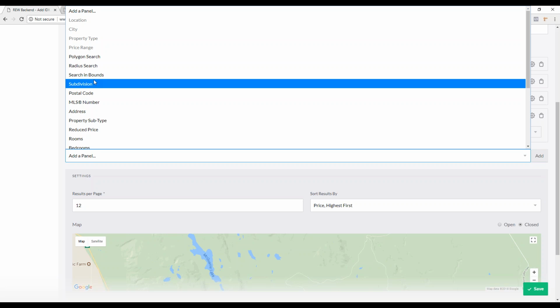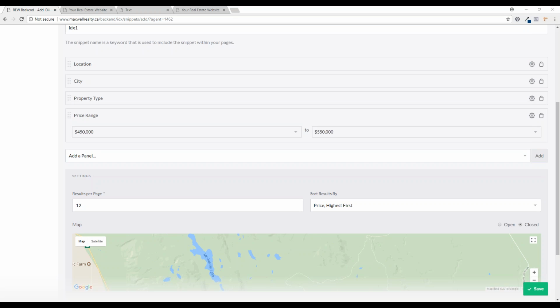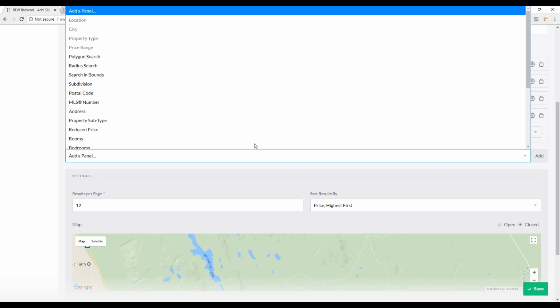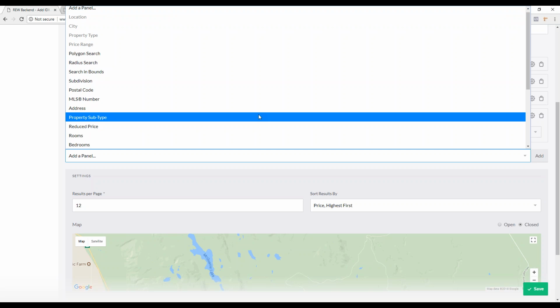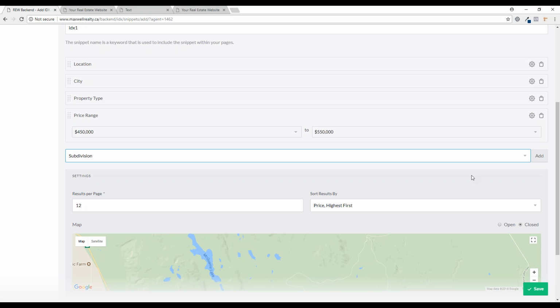So, for example, it's different in every MLS board, to be honest. Subdivision is going to be a neighborhood in most areas. It's hard to explain because, again, it is different in each MLS board. In your area, it might be neighborhood, it might be subdivision, or sub area. Clicking that there, if you push add,